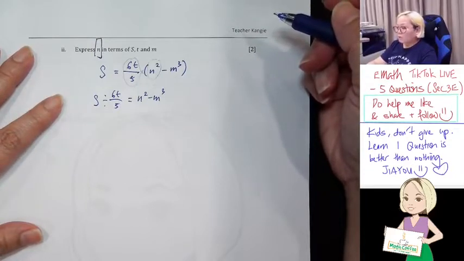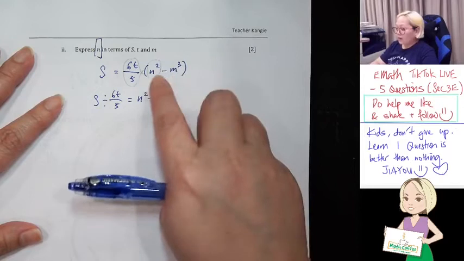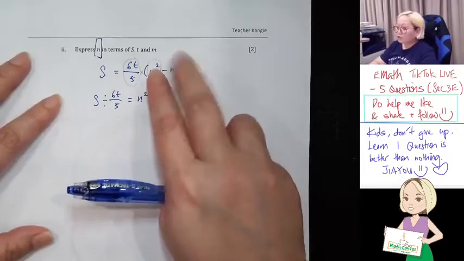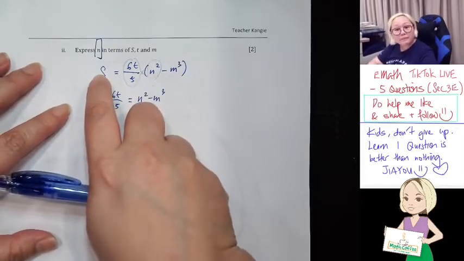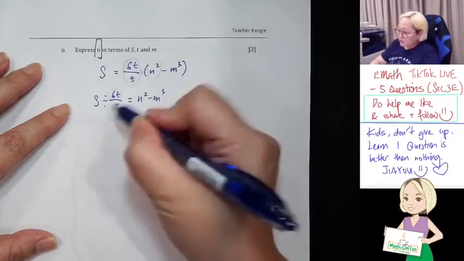No, I will not move the n square minus m cube. You know why? Because in n square minus m cube, I want to isolate n square. So I shouldn't bring my n square and mix it together with my s. You understand? I want to isolate my n square out. Okay, so then after that,